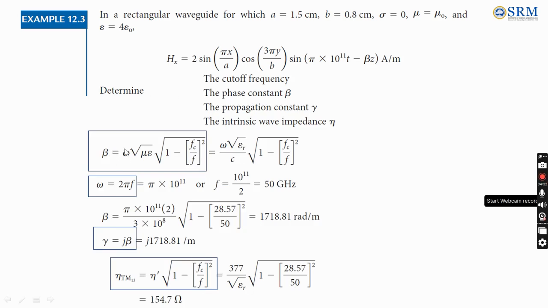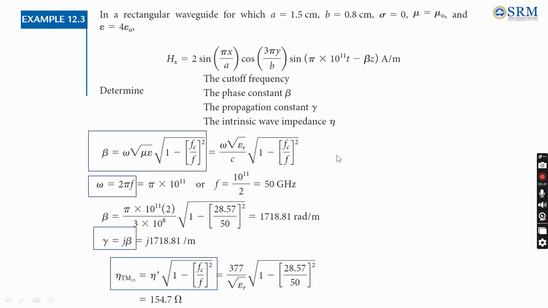Whereas for the phase constant, we already know the formula, it is omega root of mu epsilon. While finding the phase constant beta, instead of root of mu epsilon we have to substitute mu naught into 4 epsilon naught as given in the question. In that case, the formula changes to omega into root of epsilon r, divided by the velocity of light, and we know the omega value from this expression. It is sin of omega t minus beta. Omega is 5 into 10 power 11. Root of epsilon r is what? It is root of 4, that is 2. And the velocity of light we know. And then we substitute 1 minus the cutoff frequency that we got earlier,